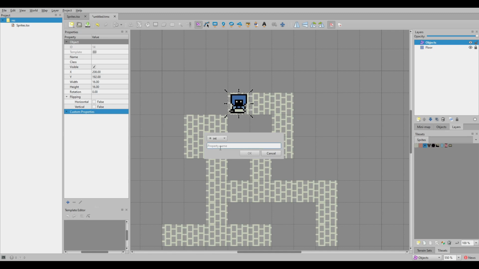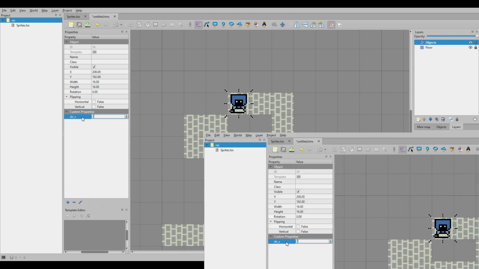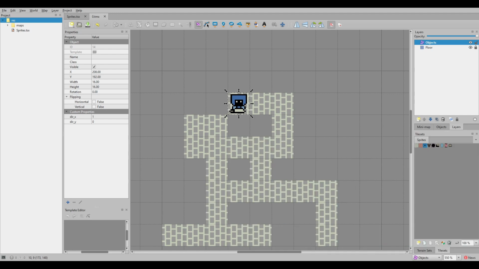There's going to be 2 ints, and then we'll do dir x and dir y. And this is going to be his facing direction. So at this point it's right, so it'll be 1, 0. So now that'll represent a vector to the right. I would love to put this in a vector property, but there isn't a vector property. That's fine. So that's all the data we need for the player right now, with the exception that